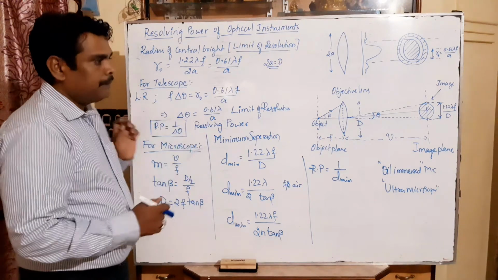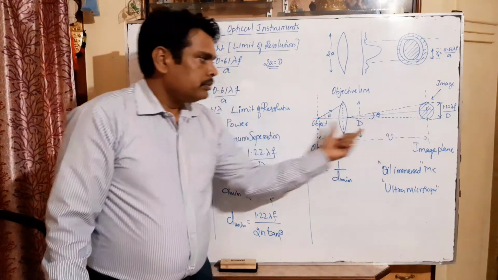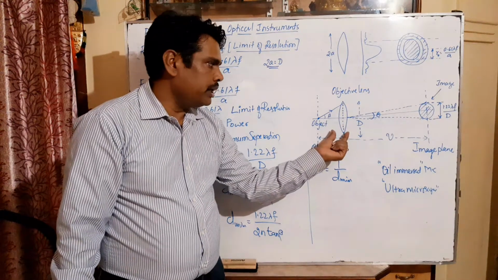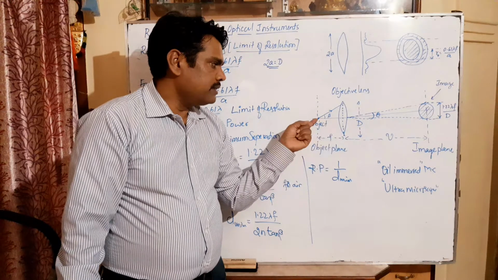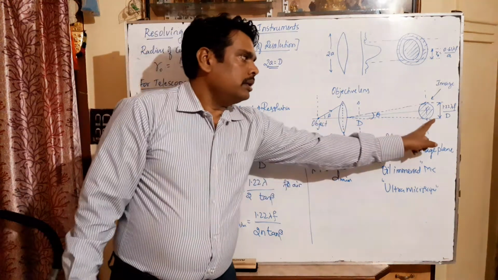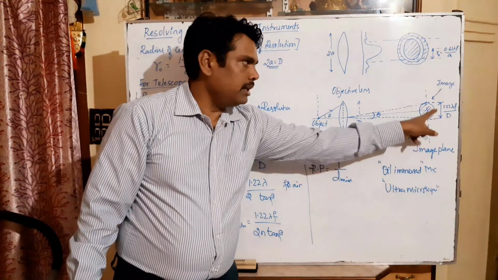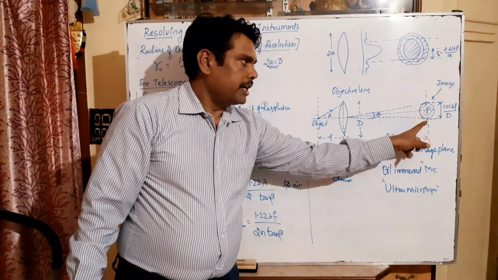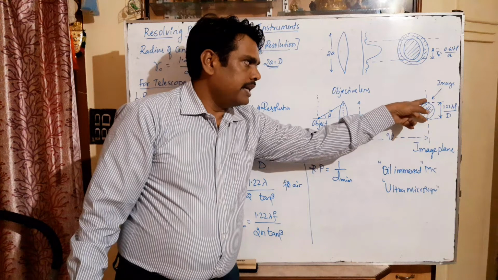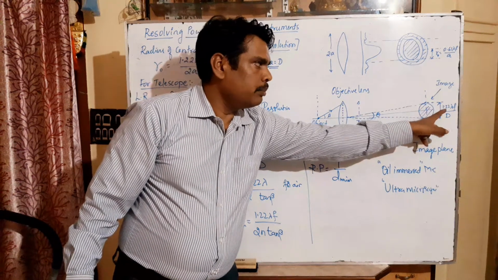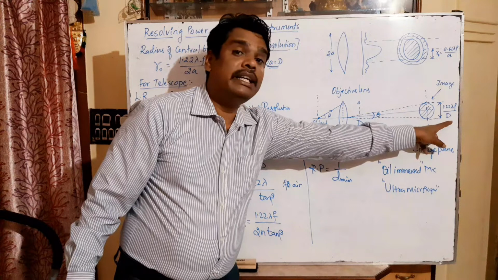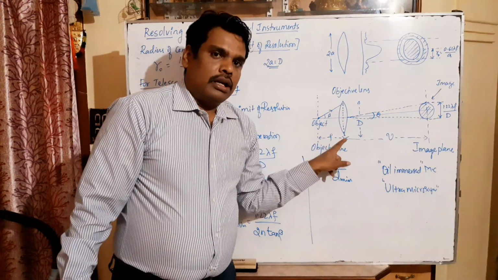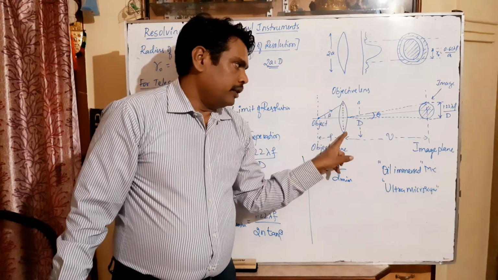So this is the microscope ray diagram we have taken. Let us consider a simple microscope here, a convex lens. An object is placed here. The image of the object is obtained here. This image is the central maxima we have taken according to the diffraction pattern. Let us assume the diameter of the central maxima as 1.22 lambda f divided by d. So d is the diameter of the aperture, or the objective lens.